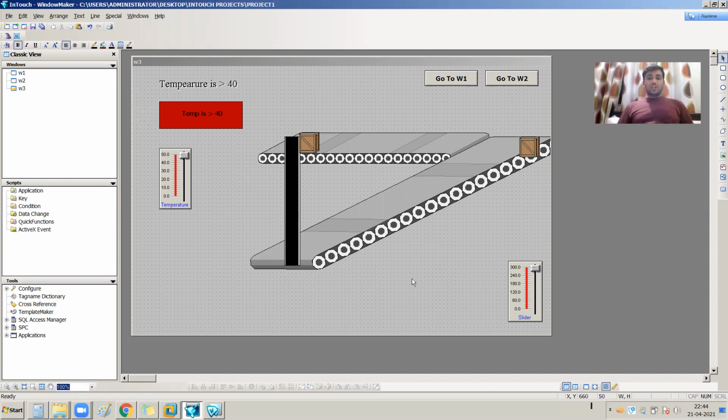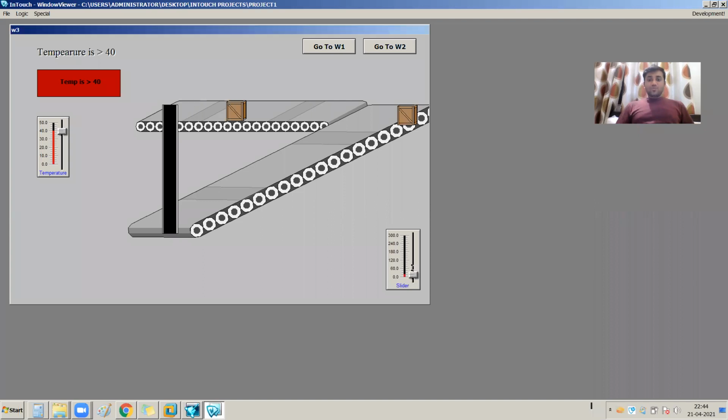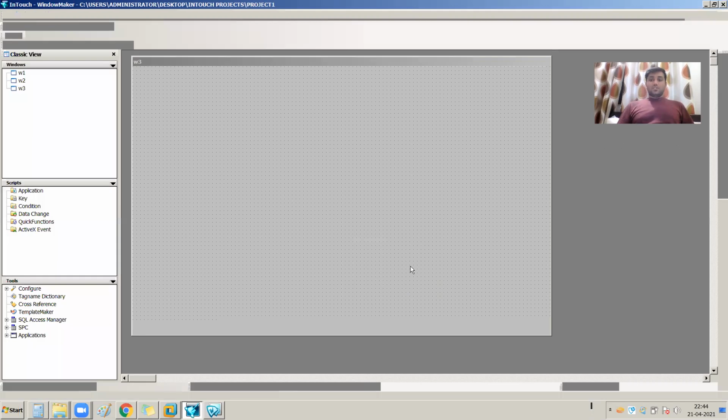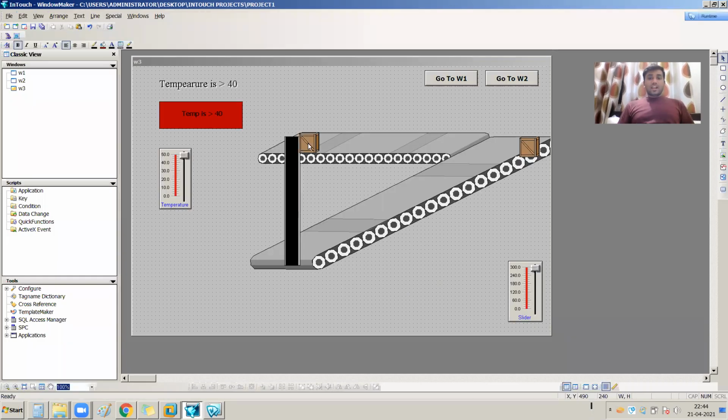If I go to the runtime mode, so from 0 to 100 and from 100 to 200, see, understood? From 0 to 100 this box will move, and from 100 to 200 this box will move. Okay, now my horizontal and diagonal movement is done. Now one movement is pending, which is nothing but the vertical movement from bottom to top. That we will discuss. So for that, again I am duplicating this box for my vertical movement.